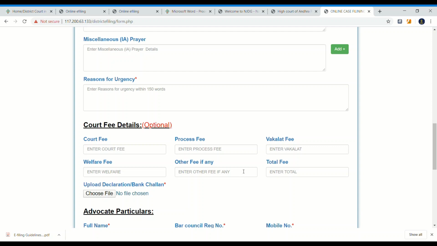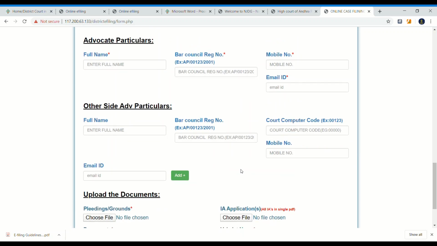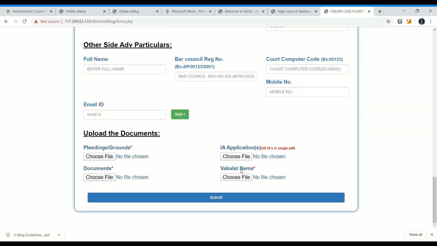So this is the file. Once you file a case during the lockdown period, the honorable court will check whether there is an emergency in your case, and then it will be forwarded to the concerned court.